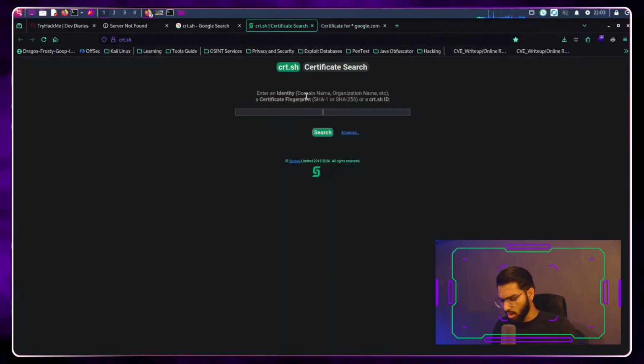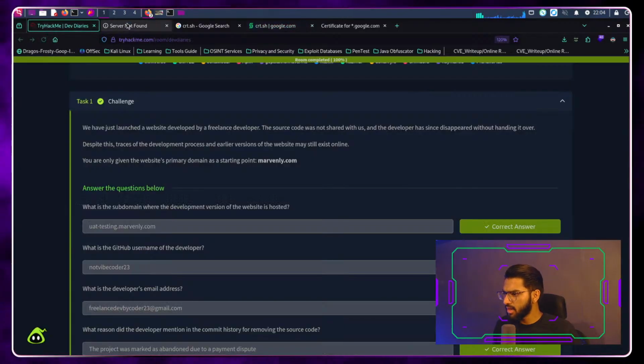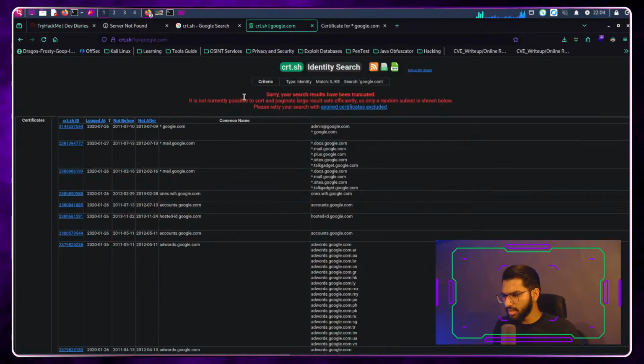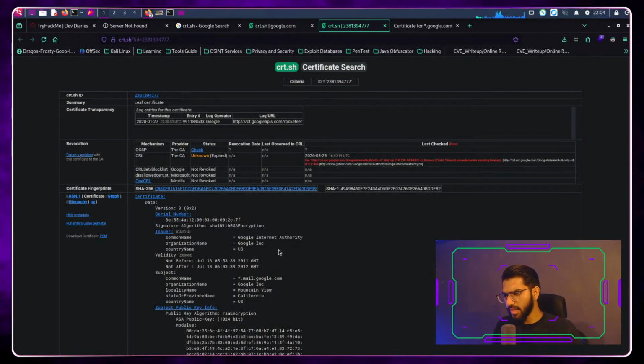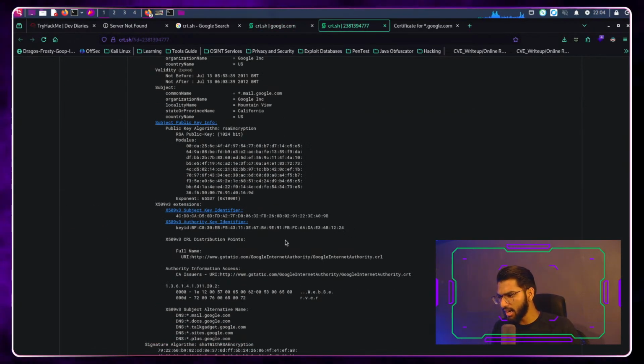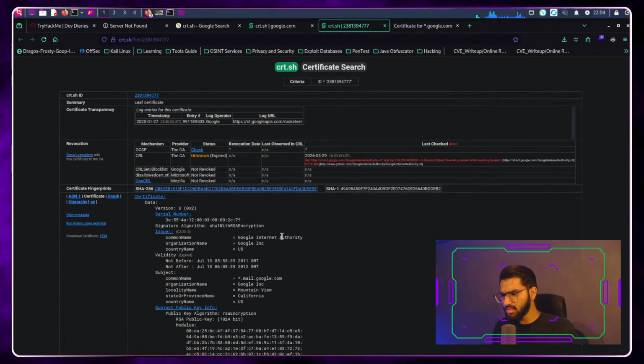Let's do google.com and see if there are any certificates present for it, and then we will move on to finding out about this domain here. So searching here, we can see all the subdomains of Google, such as docs, mail, plus, sites, talkgadget.google.com, and its relevant certificates. When was it logged, and when is it going to be renewed? And certificate IDs are also seen here. You get all the information about where it is hosted, what the public key is, what the signatures are, and all that information can be found from the certificate there.